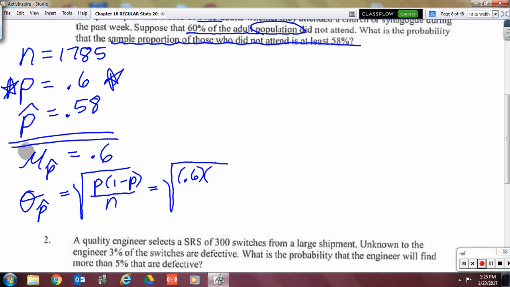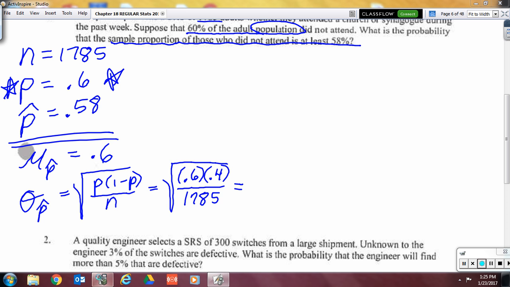And what's 1 minus 0.6? That's the other part, 0.4. Okay? Over n, over 1785. So if you put that into your calculator,